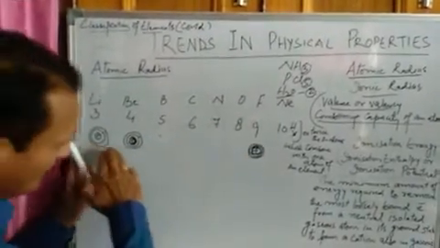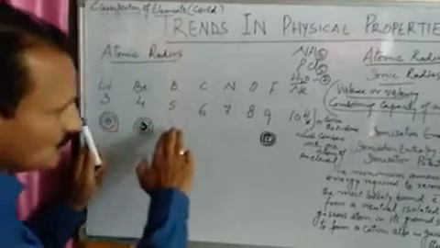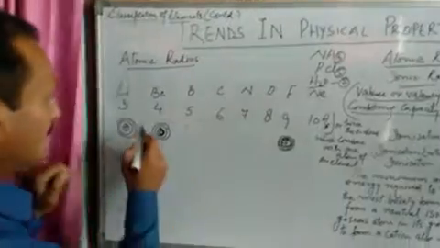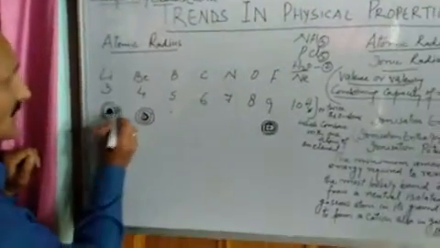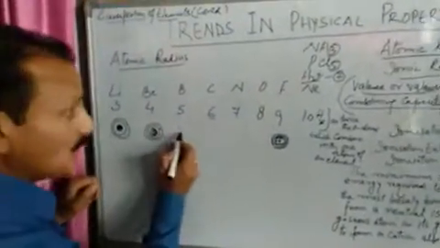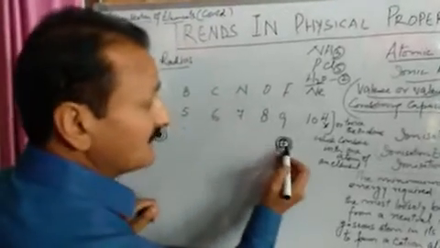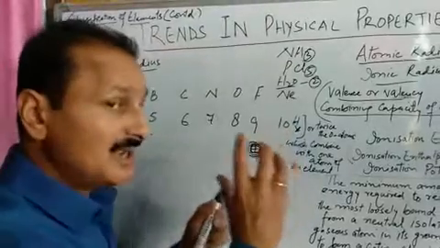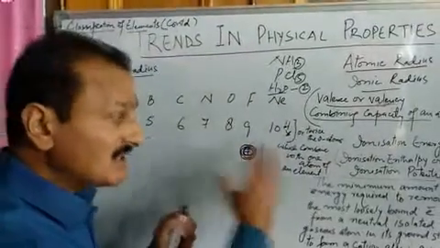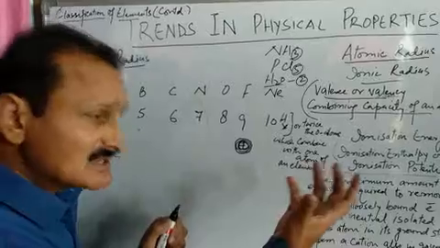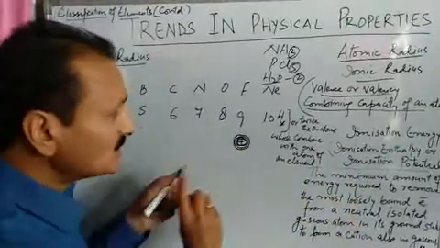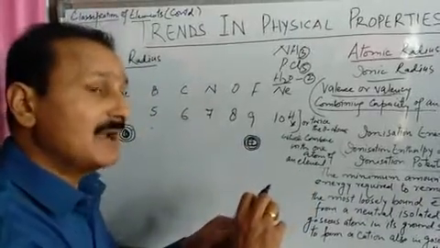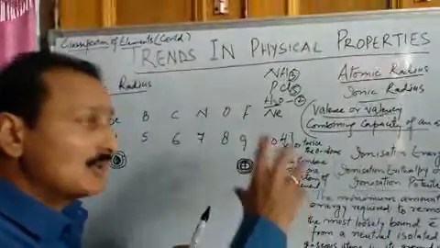So what happens to atomic size? Atomic size regularly goes on decreasing in a period. Why? The reason is very simple. Here in this nucleus there are 3 protons, here 4 protons, here 5 protons, here 6, here 7, here 8, and finally 9 and 10. In case of neon, there are 10 protons, that is, your nuclear charge is highest. Higher the nuclear charge, smaller will be the size. Why? Because your nucleus attracts these electrons with much greater force, thereby compressing, thereby contracting the size.